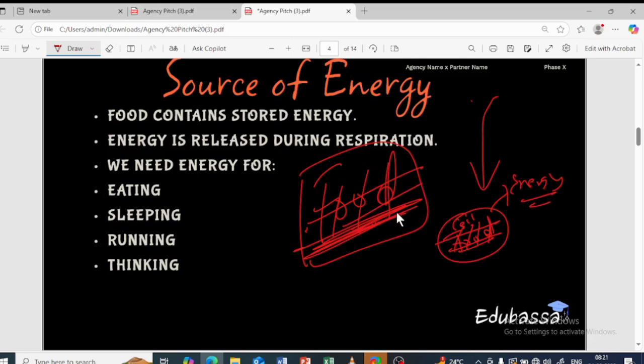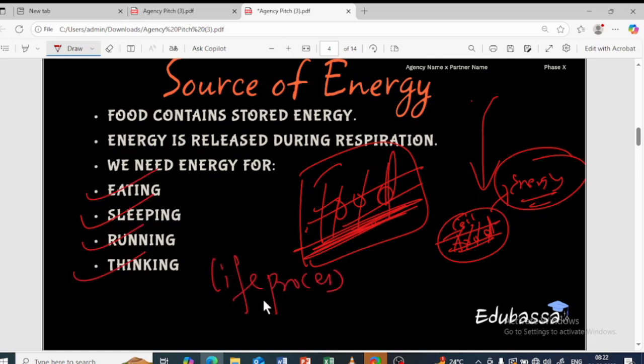So now just remember, food is the source of energy, and after it reaches the cells, it will be broken down and produces what? The energy. And why is this energy needed? Obviously, to perform all of the activities, isn't it? Not only the activities that you perform externally, but also the internal activities taking place inside your body, be it respiration, excretion, reproduction, any of the work that keeps you alive. All of the life processes need energy. So we need energy for eating, sleeping, running, thinking, and all of the life processes taking place inside the cells to keep us alive. For that also, the energy is important.